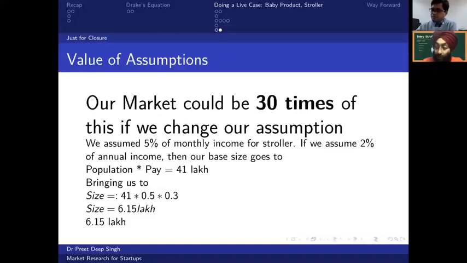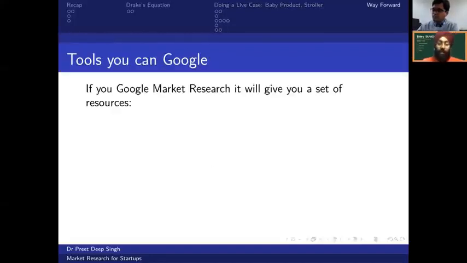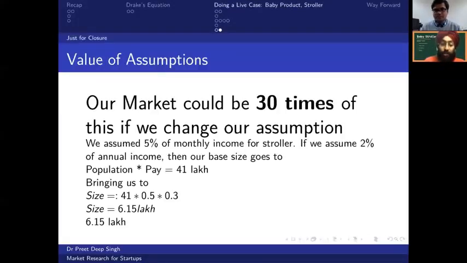6.15 lakh into 25,000 is 1.5 into 10 to the power 10. 1.5 into 10 to the power 10 is the total revenue you're looking at if you change one assumption, right? Whenever you cover valuations, you will realize assumption is the basis of all valuation, right? Okay, moving forward, we've closed this one case now where we discussed the value of assumptions, your total market size,